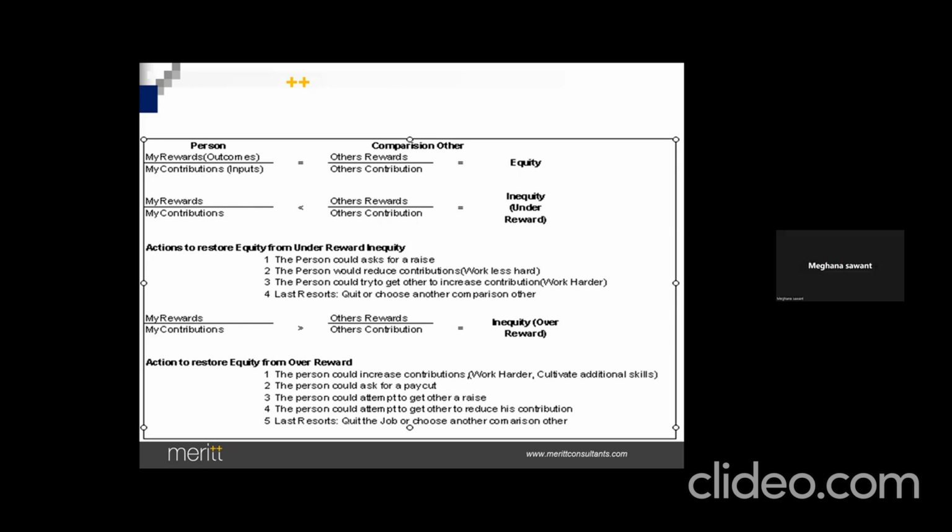And not only do you reduce performance, you'll ask for people who are there. See, there is injustice. No? And then you will form a gang and say, let us look for jobs. Let us all go out together. You agree? Yes, yes. Say, for example, if there are 500 people and 400 people are having this issue, they find it not fair, inequity, then what will happen to the productivity of the organization? Will it perform or will it go lower and lower? It will be low. It will go lower.